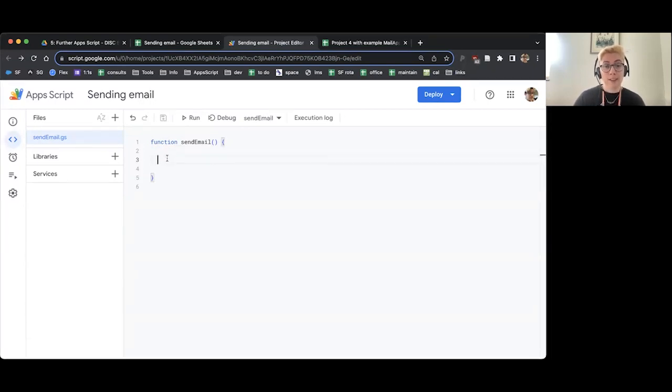Lovely. So when we're sending email in AppScript, we're going to use something called the Mail app. Now, the Mail app is different to the Gmail app, confusingly. There are two different apps that sound like they do the same thing, but they actually don't. The Gmail app allows you to access things to do with Gmail, so stuff to do with someone's inbox and stuff that you can see when you go to the Gmail interface. The Mail app solely allows you to send email and check your mail quota. So that's the one we're going to be using, the Mail app. We're going to be working with sending emails.